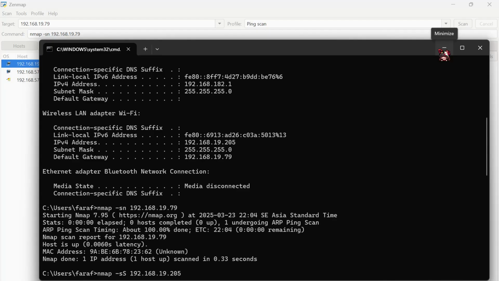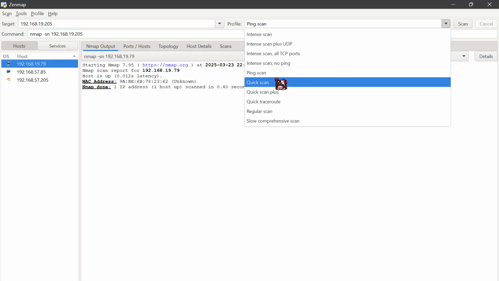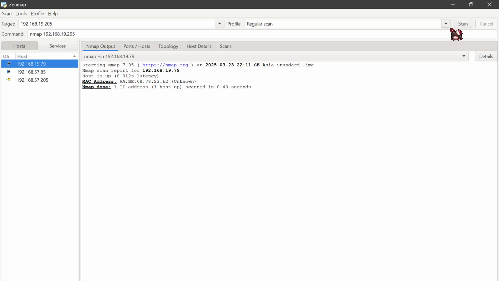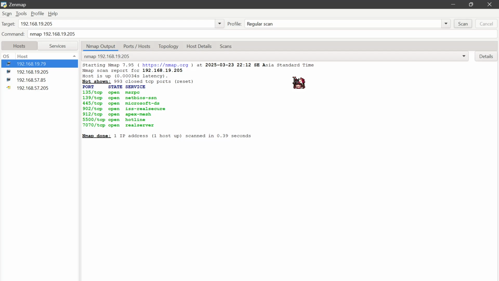We copy it, then paste it right there. For the profile, we choose regular scan, and then we scan. The purpose is this scan detects open ports and running services on the target system. Nmap scans by default the 1000 most common TCP ports.